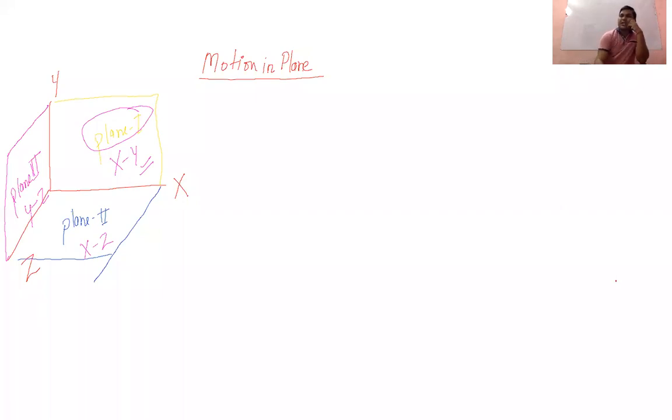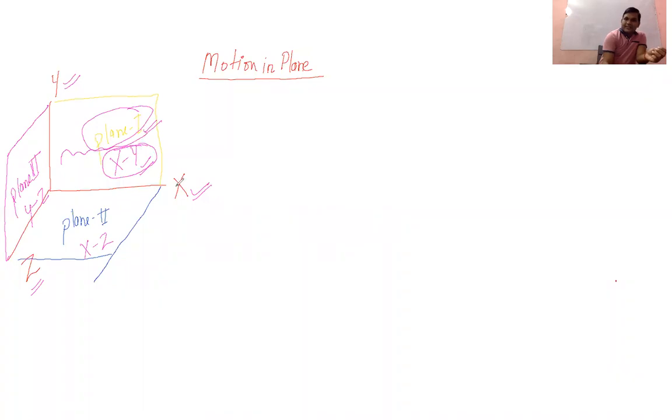So I was taking an example. Let's say these are the three axes, X, Y, and Z. If I am taking the X and Y axes, and the position is changing with respect to x-axis and y-axis and time, means if time changes, the x and y coordinates also change, then that will be forming a plane, and that will be known as a motion in a plane that consists of x and y axes.